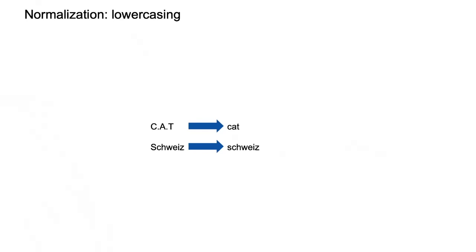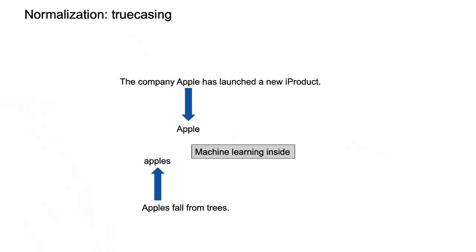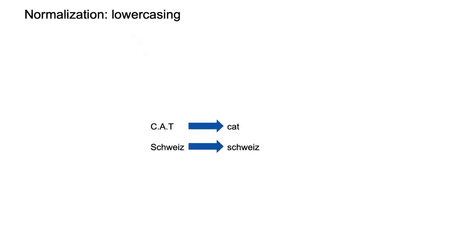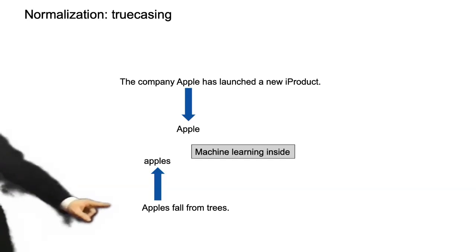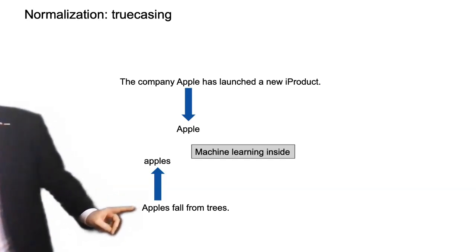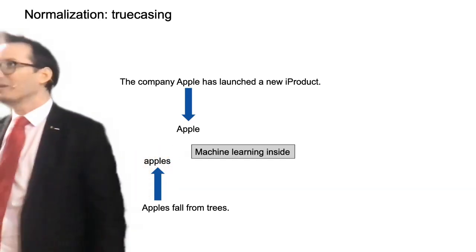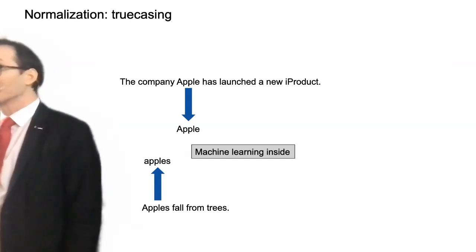All right. Then something you can do is also lowercasing. You just put everything to lowercase and you remove the punctuation. So this is what you end up with. So these are all strategies that you can have, right? But again, you have the problem that you might have proper nouns, like Apple with a capital A might be the brand and not the same as apples, right? And what makes it worse is that it could be the beginning of a sentence, in which case you do have this uppercase A right here. So then this is when machine learning actually starts making sense to tell the difference, right?